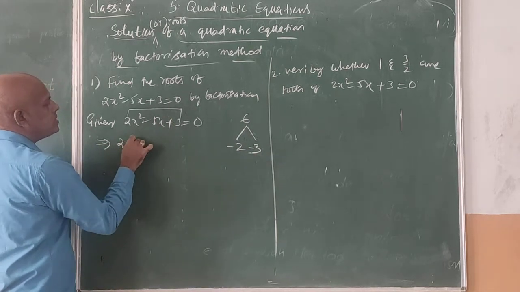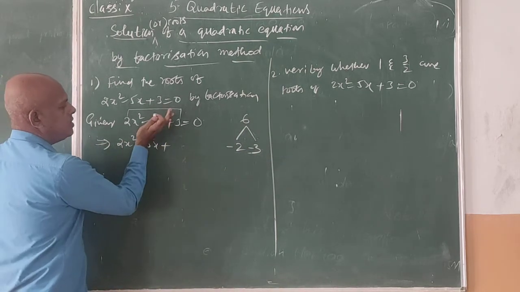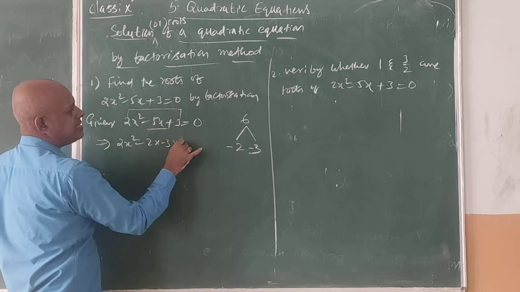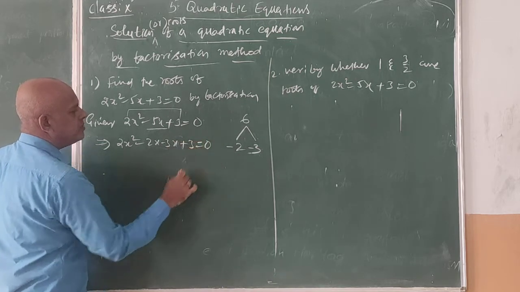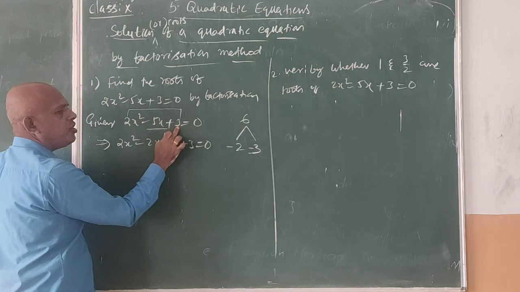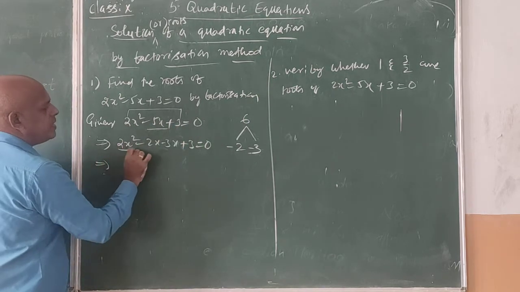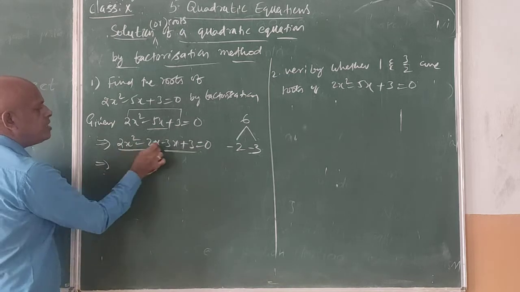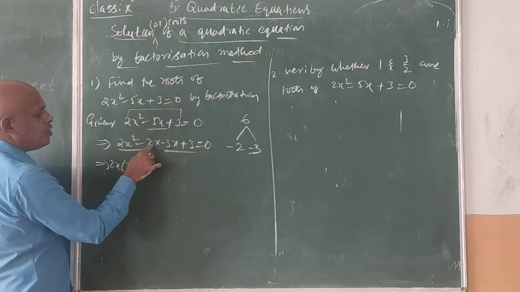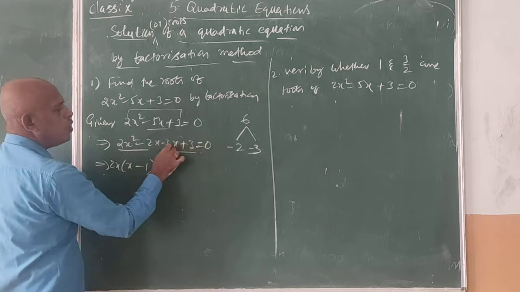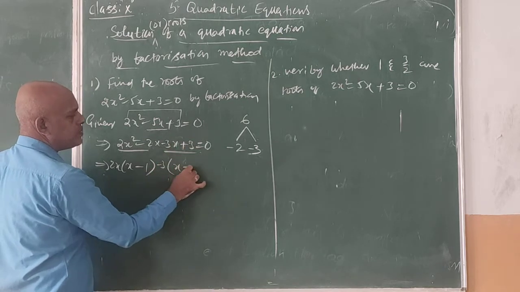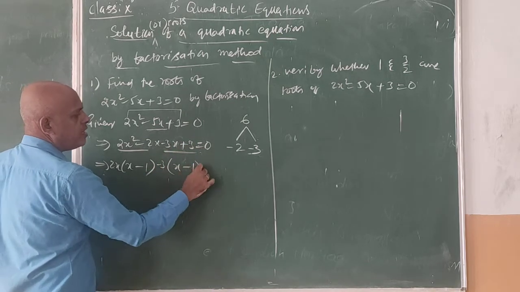So 2x square minus 5x plus 3, in place of minus 5x we can write minus 2x minus 3x plus 3 is equal to 0. Suppose if there is no coefficient of x square, then directly for the constant you have to find the factors. So for these two terms we take common: in these, 2x is common, x remains here, minus 2x is common, 1 remains here. In these two, minus 3 is common, so x remains here, minus 3 once 3, so minus 1 remains, is equal to 0.